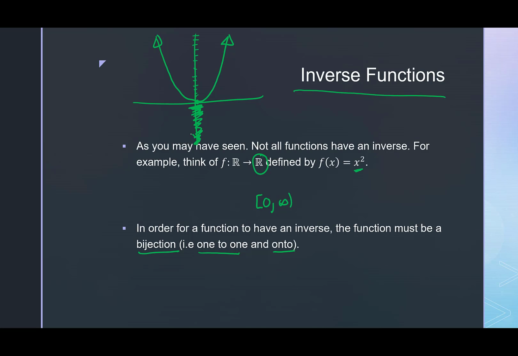Another problem with x squared, if we allow its domain to be R to R, is the fact that it's not one-to-one, meaning that it can take two different x values to the same place. So consider 1 and negative 1, right? If you plug these into this function, what do you get? Well, negative 1 squared is 1, and 1 squared, whoops, no negative there. 1 squared is equal to 1. So what does this tell you? It tells you that f of negative 1 is equal to f of 1.